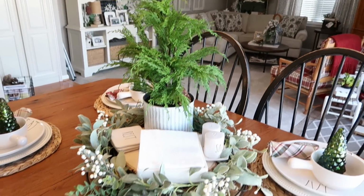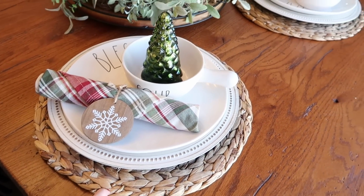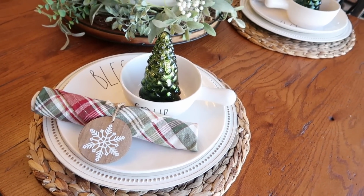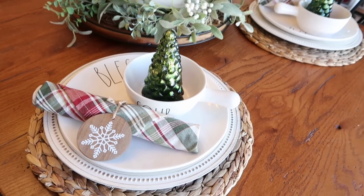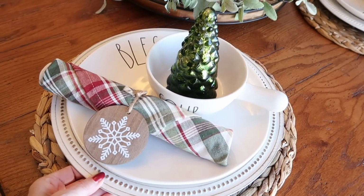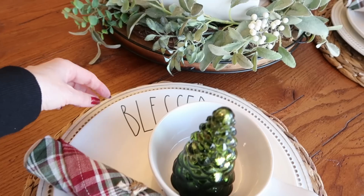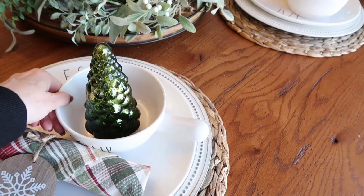And then for my table setting, I just use these little grass placemats that I've had pretty much forever. I think I found these on Amazon. I will leave a link for you if I can find one. But I just have a simple charger plate here with my Rae Dunn Blessed plate, and then inside my soup